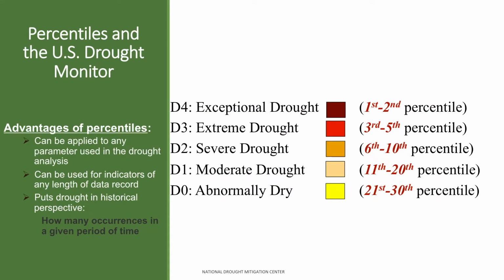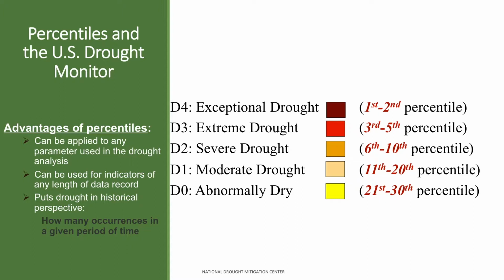So let's get into the drought intensity levels and the percentile ranking methodology that we use. For each one of the drought intensity levels, it correlates to a specific percentile ranking level. What that means is we heard about the different varying periods of record of different data that we're using. Some may be only 15 years, some may be 100 years, some may be somewhere in between. But what we do with this methodology, and this is what the entire Drought Monitor is based off of, is we take those data and we rank them from the driest reading to the wettest reading, or lowest value to the highest value. Compare the current data to where that historical ranking is, and that tells us what category of